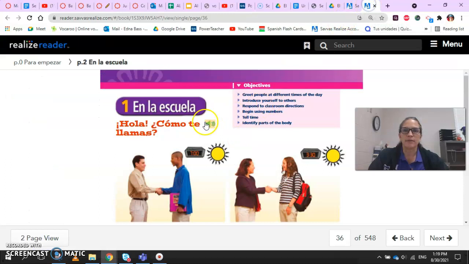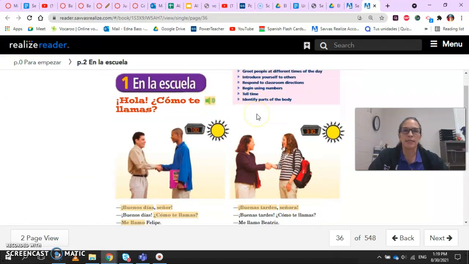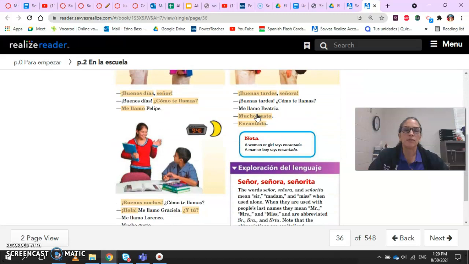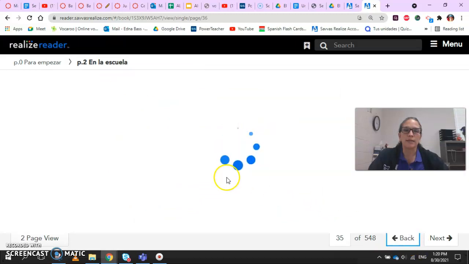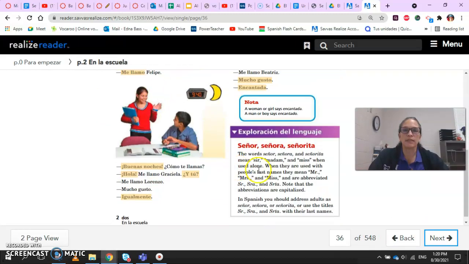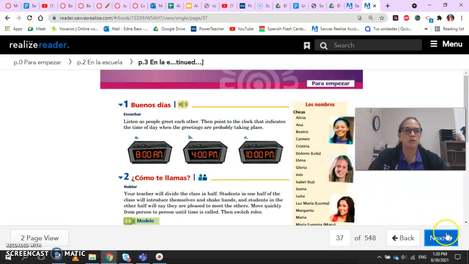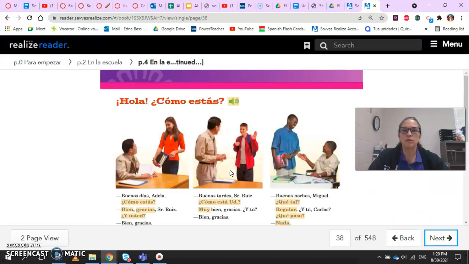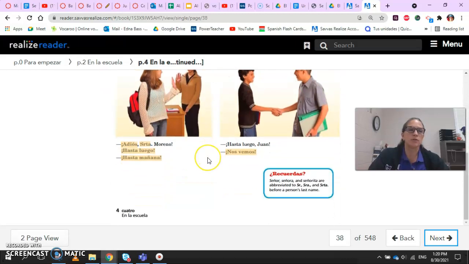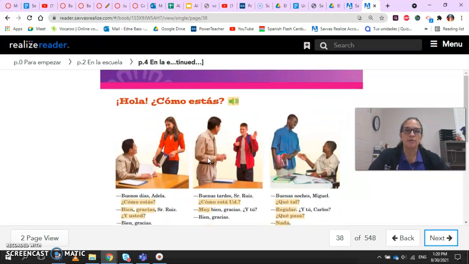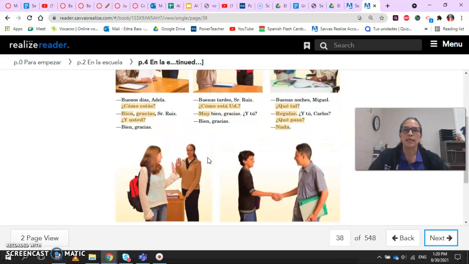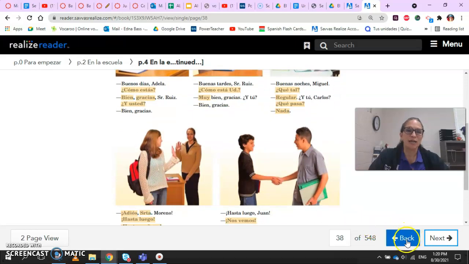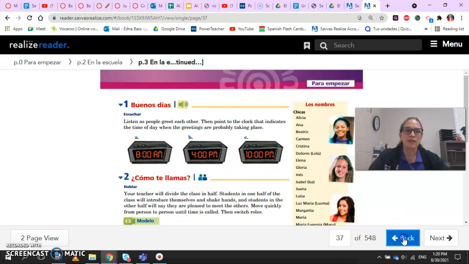So I have, this is the lesson. These are the objectives. We're going to see these during class. If you are absent, you're going to have to probably catch up. And let me see. This is greetings, different times of the day. And then you're going to work on an activity I'm going to show you in a minute. And this is ways to ask how you're doing and how to say goodbye. So we're going to be seeing this during class. There it is. In case that you are absent, you can just go ahead and read them.